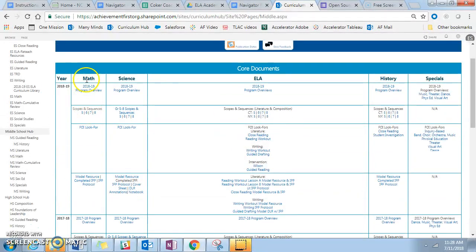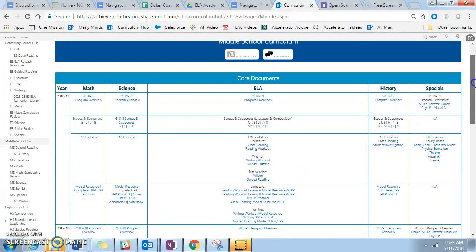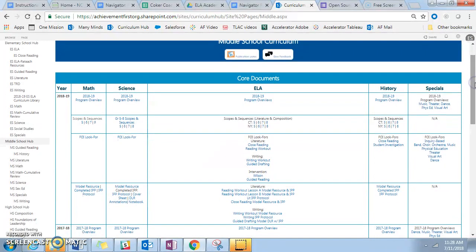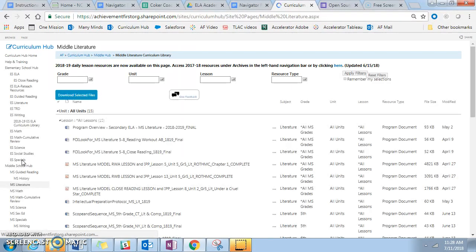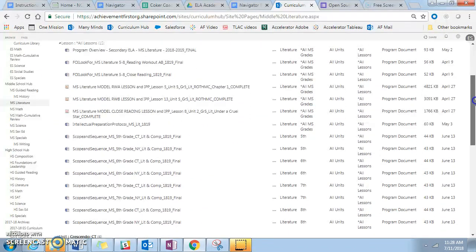You'll note that we have materials for math, science, ELA, history, and specials across middle school, for example. We are open source across contents. If you're interested in grabbing the more daily lesson resources, pick down the left-hand side a sub-content, for example, middle school literature. Once you click that, it will take you to all of the resources that are available for middle school literature